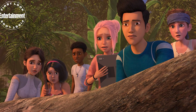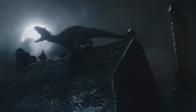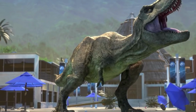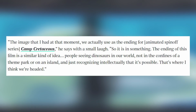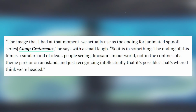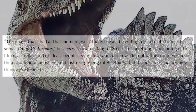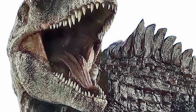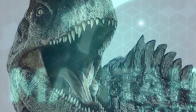Well, we know the original ending for Camp Cretaceous Season 5 was actually the original ending they were going to use in Jurassic World Dominion, which is absolutely insane, because you see Colin Trevorrow talk about it here in this article. So that means that we could indeed see the Giga in its early life cycle at the end of Camp Cretaceous, because Manticorp might actually sell off its dinosaurs to Biocen, or Biocen could actually own Manticorp in some shape or form,